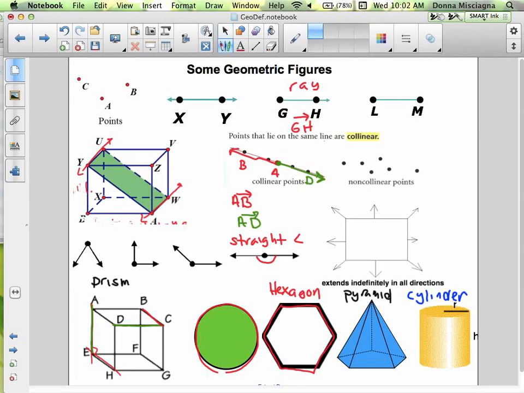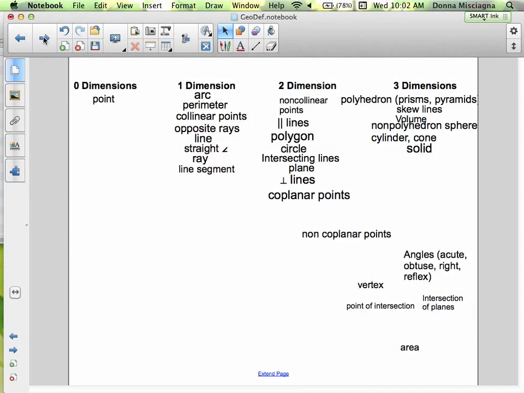U, Y, A, and E, for instance. Those are non-coplanar. My plane would have to turn, and planes don't turn, right? So once we involve more than one plane, that is going to be three dimensions. So coplanar points, two dimensions, non-coplanar, three dimensions. And collinear points, one dimension, non-collinear points is going to be two dimensions, right? So as soon as we aren't all in a pretty line or all in a plane, we're going to increase